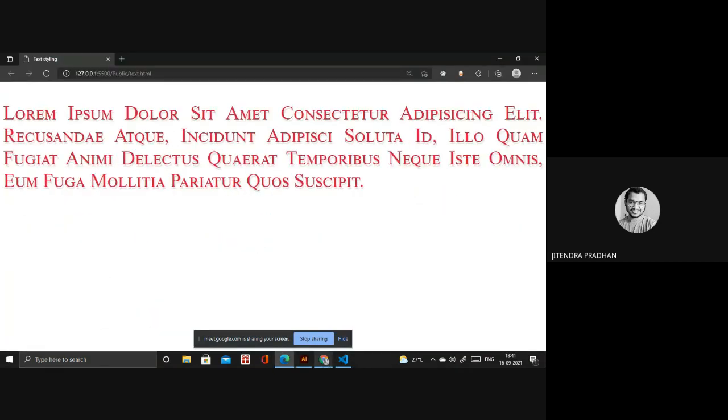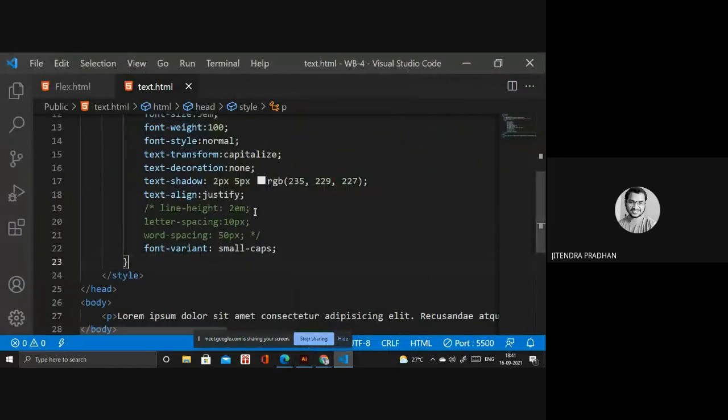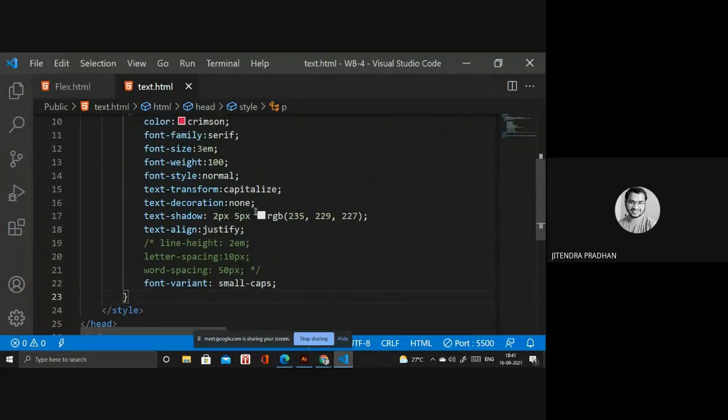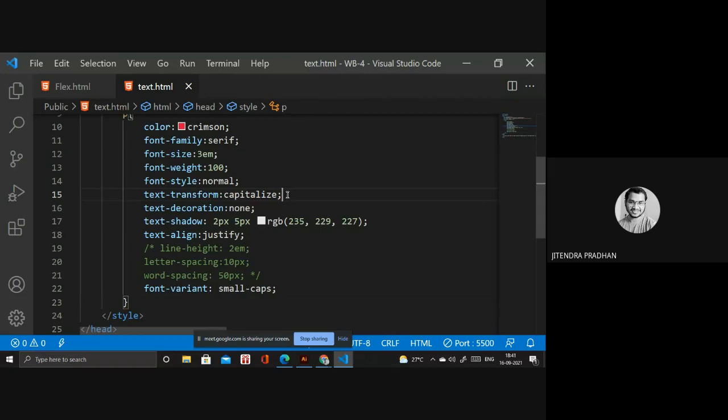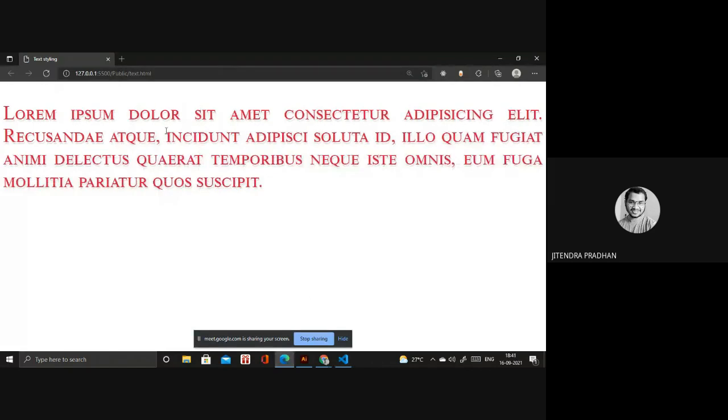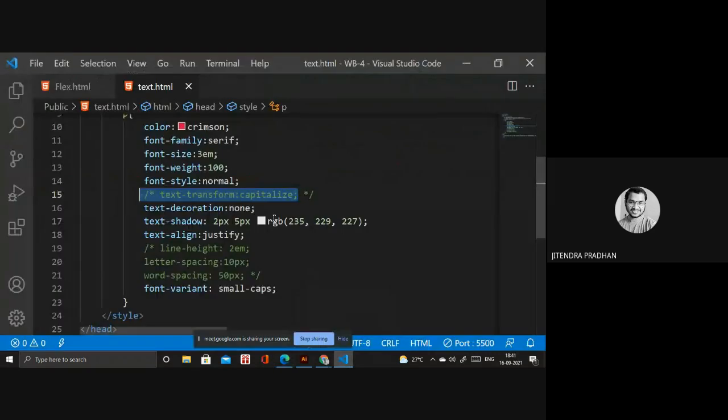Yeah. So I need text-transform of capitalize, and that one will be commented. Uppercase I will do. Wait, I will check with the capitalize we have done, and we need to change the font size. I will change the font size.